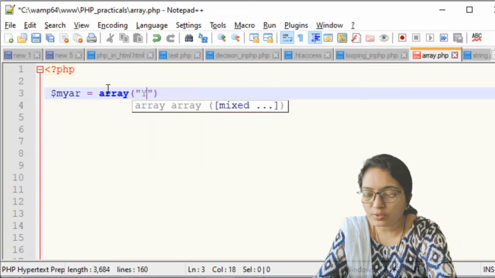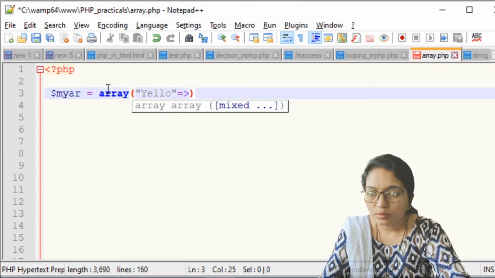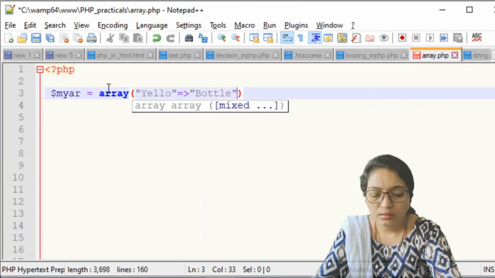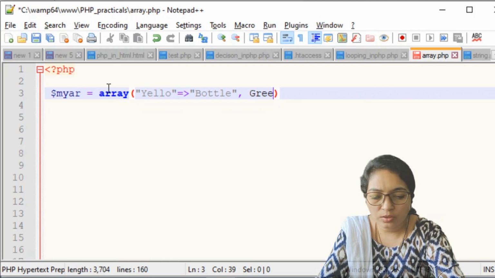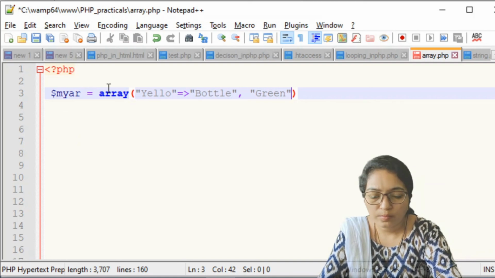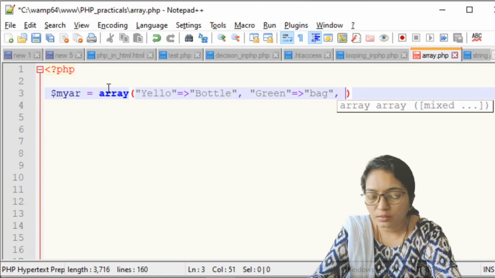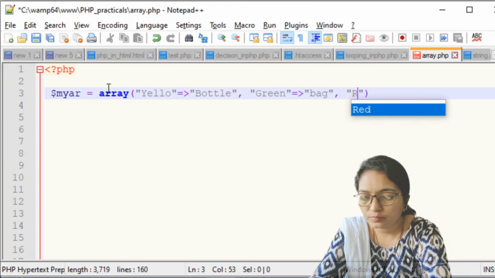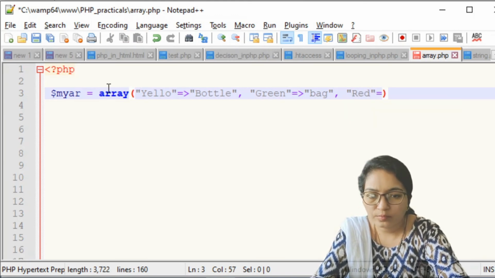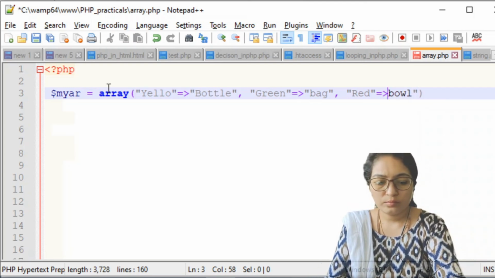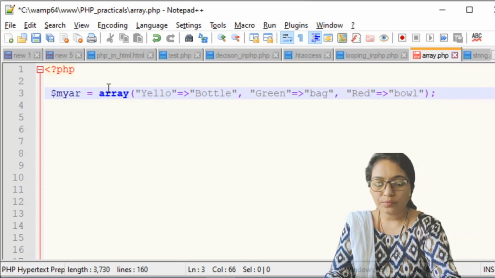In the array function, suppose I am defining yellow, I am defining the object bottle, then after that define, sorry, green object, suppose I am writing it as a bag, and then suppose I am writing red, ball. Okay, so like this way you can create the associative array.